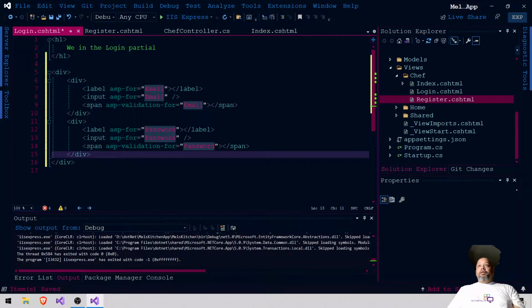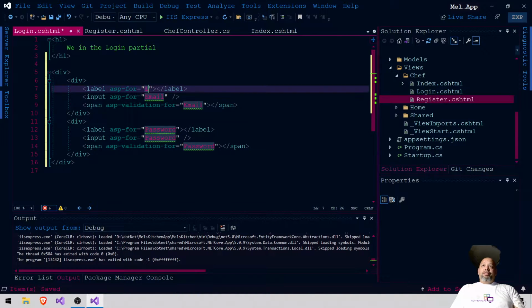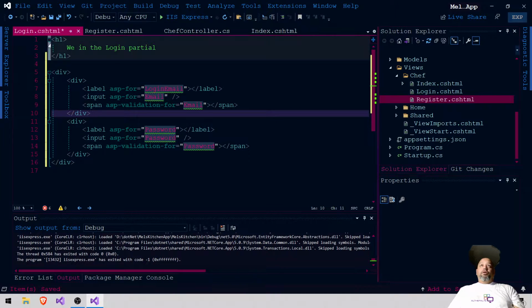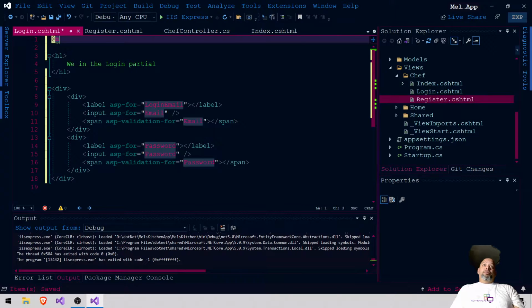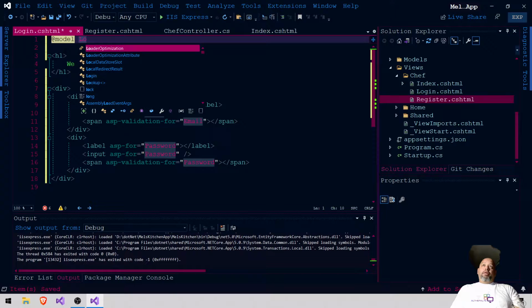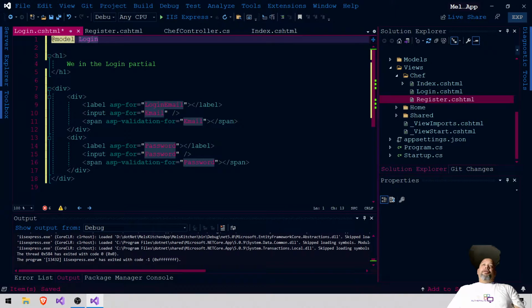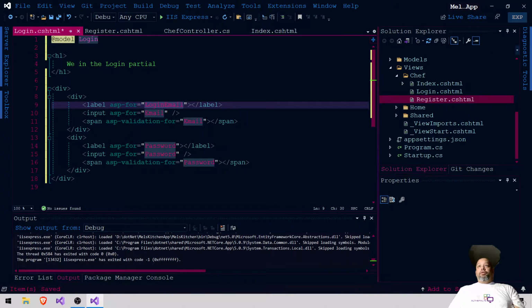And these divs, it should be like for what? Like, see the yellow line? Like, what the hell is this? And we're gonna put login email. But it's still like, what the hell is this? It should still be like that. You know why? Because we forgot to put the model that we're using. And the model that we're using is the login model. You see that? And now that went away, but this still has it because it's a partial,